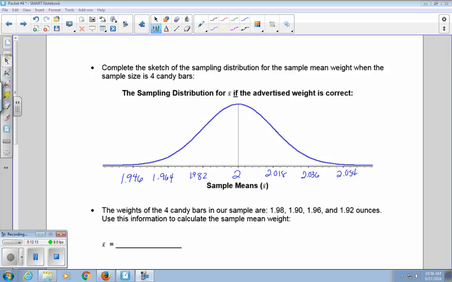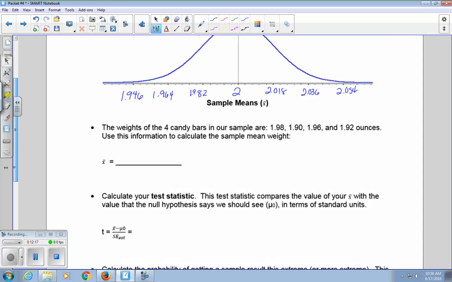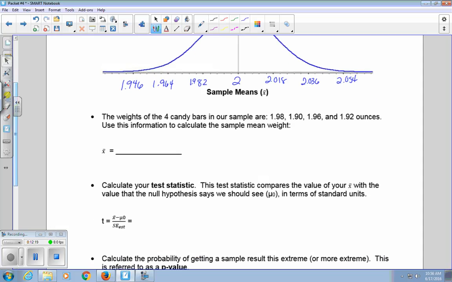Okay, so the weights of the candy bars in our sample are, and here they are, 1.98, 1.9, 1.96, and 1.92. So now we can calculate our sample mean, which we would call X bar, and that comes out to be 1.94. So I always like to take a second to look to see where my sample mean falls